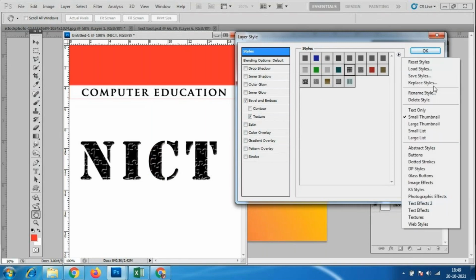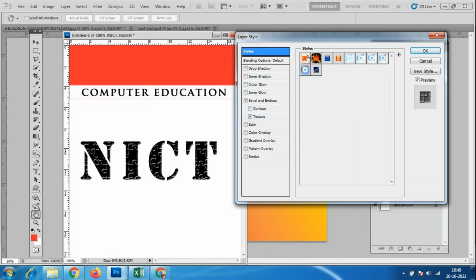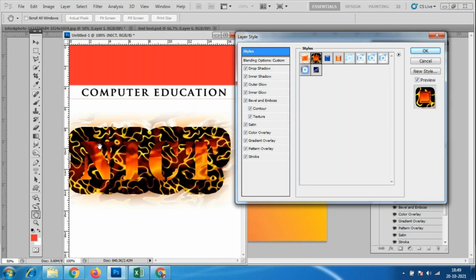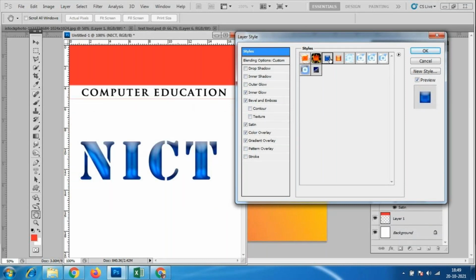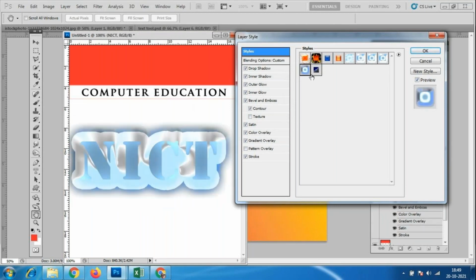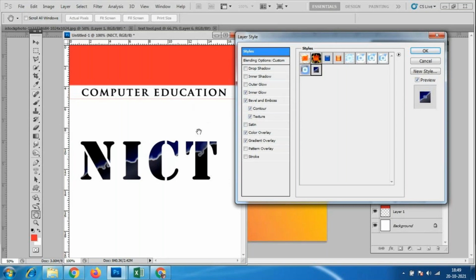Okay, then we have this KS style effect. In this you will have multiple changes over here like this, and look at here, these many options we have. Okay, so this is also one different effect in the text.